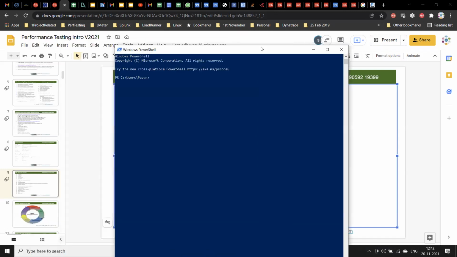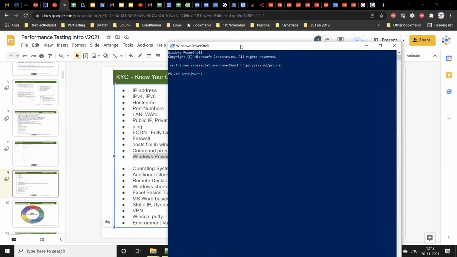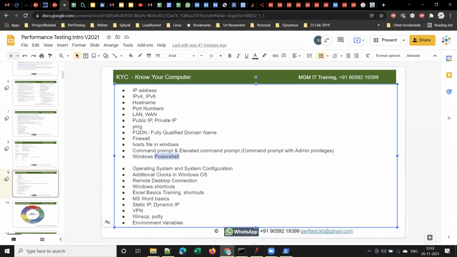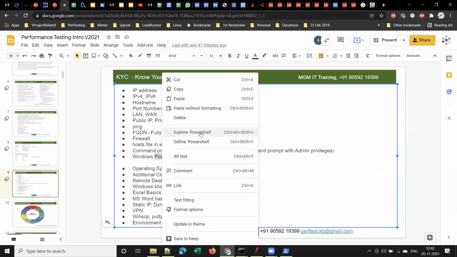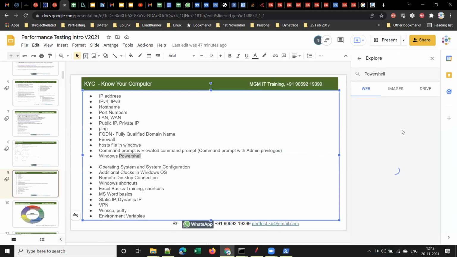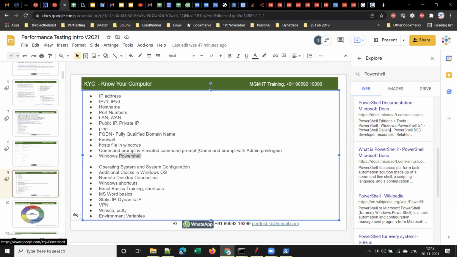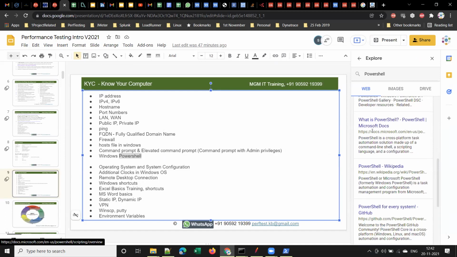Clear, guys? This is more powerful, and it will have all the admin privileges. Clear, guys? So, if you want to explore more on this, right click on it and use the option explore PowerShell. You'll get the Google search results, and you can go through that. You can explore more on that. What is PowerShell, right? So you can go through this documentation.